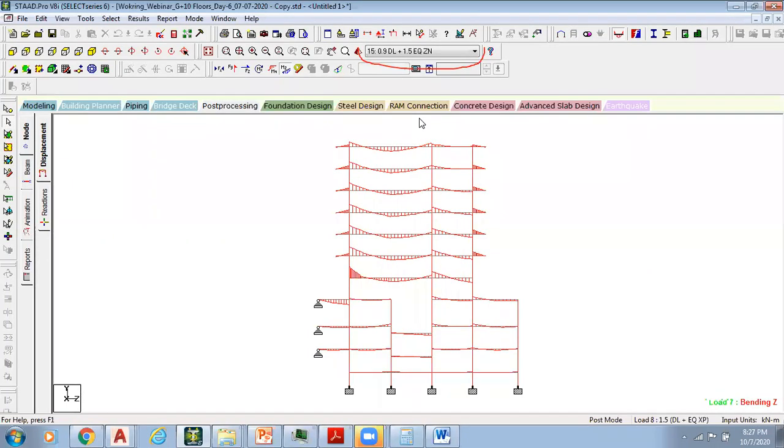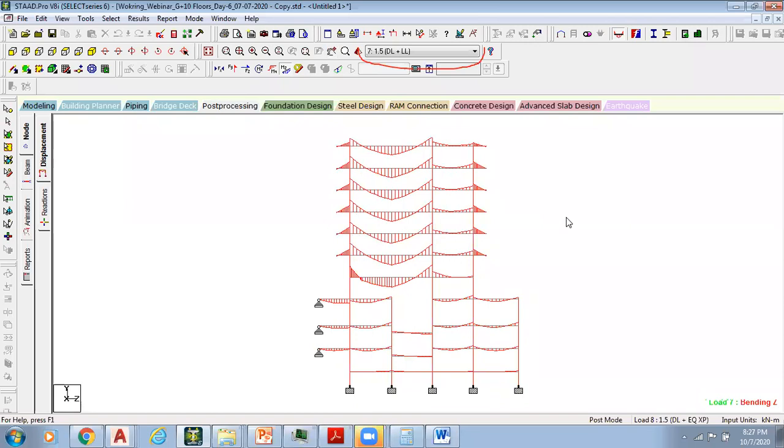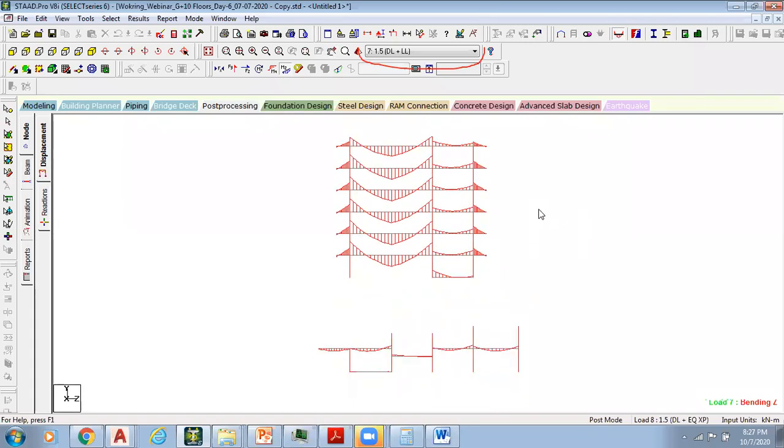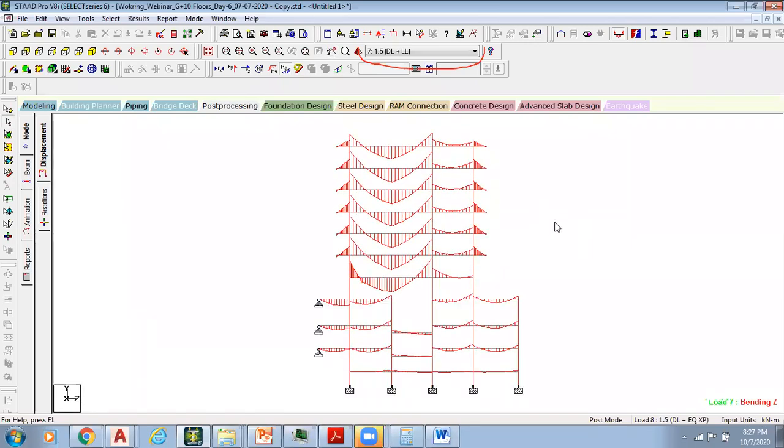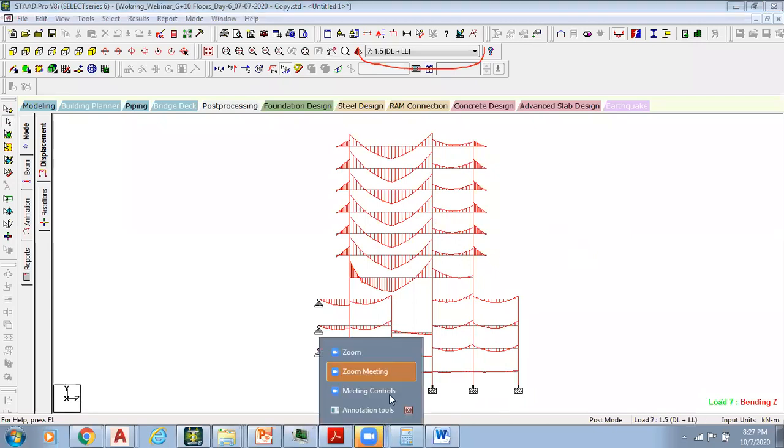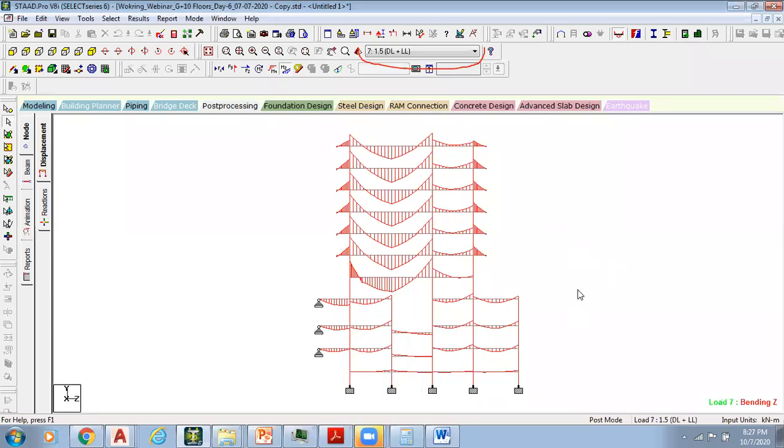Down arrow, down arrow, up arrow, up arrow. See, the combinations are getting changed. So these are all the bending moment diagrams displayed for these combinations, right? If I want to change the scale of this diagram, press Control and scroll in, scroll out.